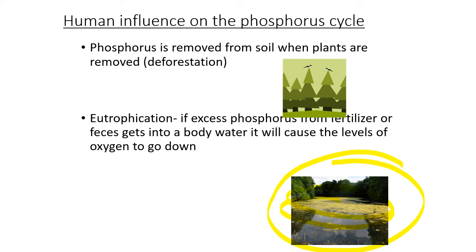And when more algae blooms, the amount of oxygen that can get into the water lowers, and that means the amount of oxygen that's in the water lowers. So you're going to have less animals, you're going to have less fish, you're going to have more algae blooming, which then can increase the amount of nitrogen and lower the amount of oxygen in the water. And it's interesting because we can see eutrophication happening in some of the Great Lakes.